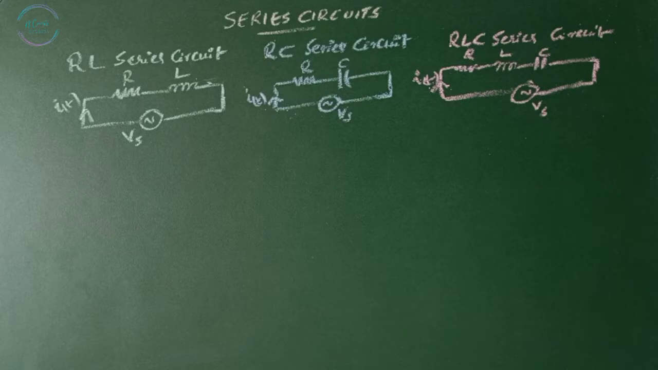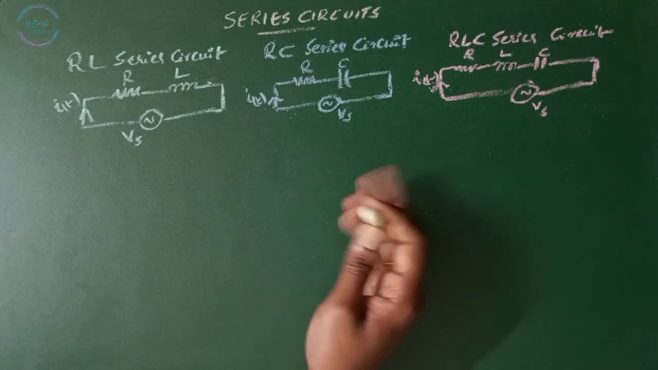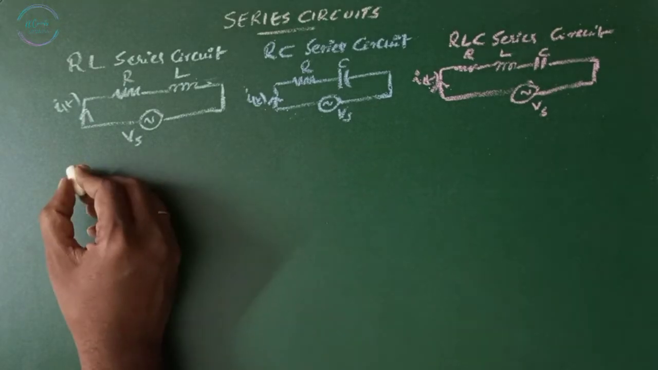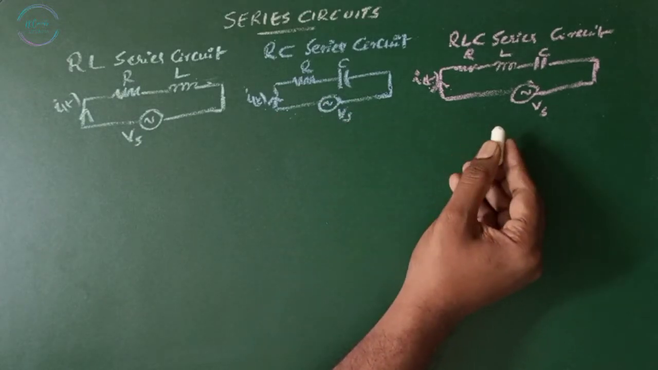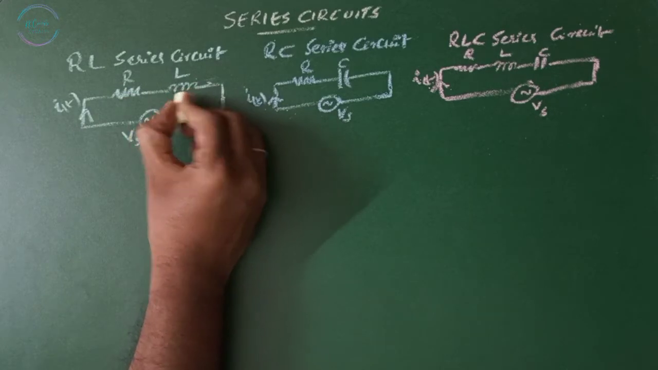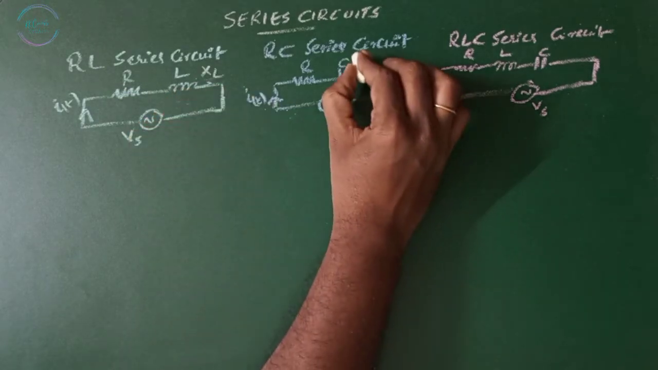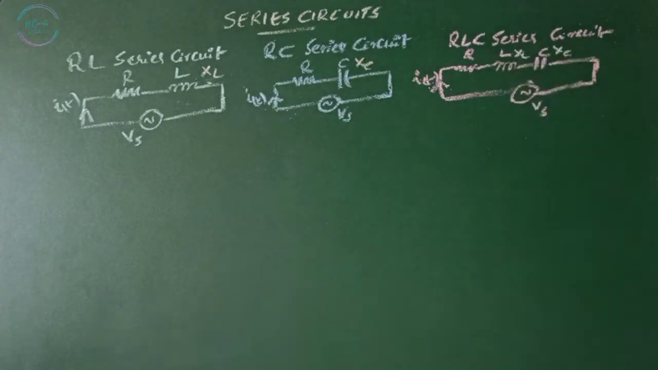Series circuits. Basically, we divide series circuits as RL series circuit, RC series circuit, and RLC series circuit, where R is the combination of inductor, R is the combination of capacitor, or is the combination of both inductor and capacitor. Here we will be getting R as well as the inductive reactance XL, here XC, and here XL, XC. When these circuits are subjected to AC supply, the currents in the circuit and all the voltages across the elements are